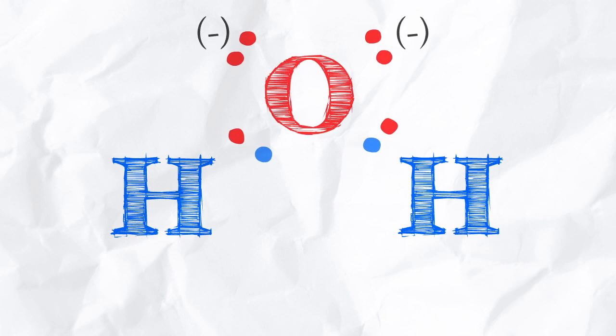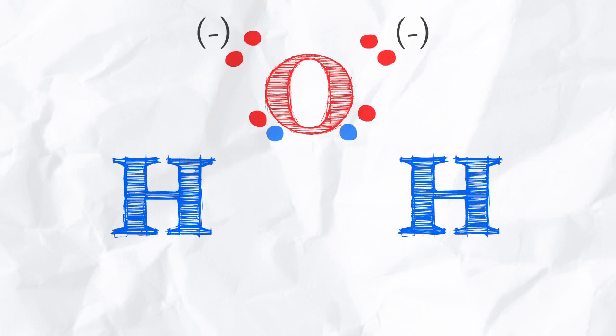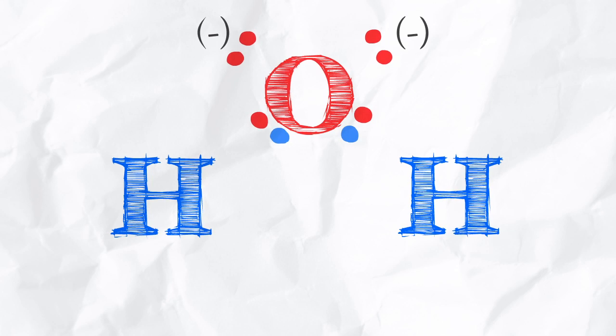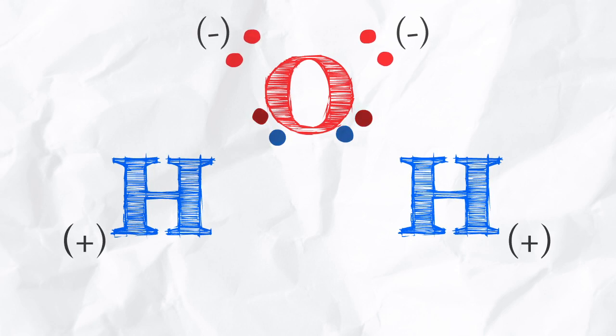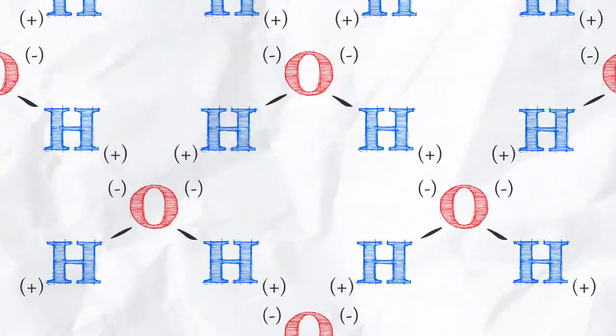On top of all this, oxygen has a higher electronegativity than hydrogen, which essentially means it attracts the electrons in the covalent bond way more than the hydrogen does. And since the hydrogen used to have a neutral charge, but its negative electrons have been lost to the oxygen, it's left with a positive charge. So now we're left with a bunch of positive and negative charges, and you might expect them to want to